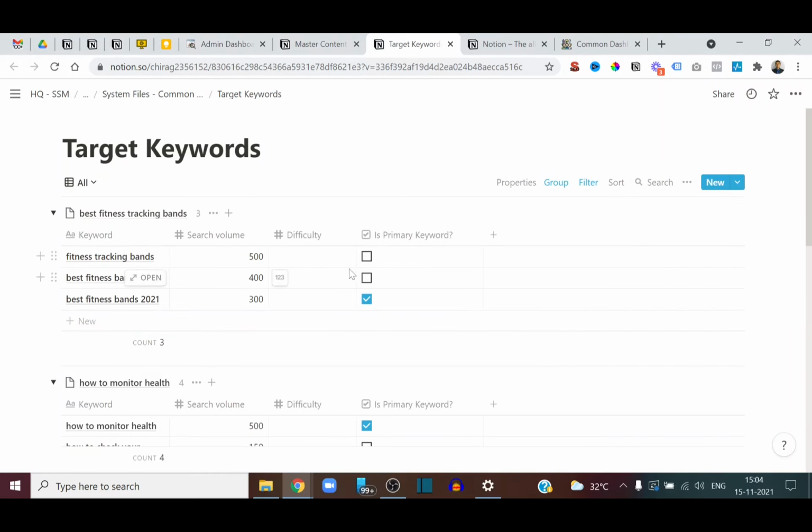The keywords database lists all the keywords that you are optimizing for or want to create a page for, everything in one place, and they are grouped by a keyword group. The idea is that Google doesn't really need you to optimize around a single keyword. They want you to optimize around a group of keywords around a particular topic. This is the concept we are trying to bring here.